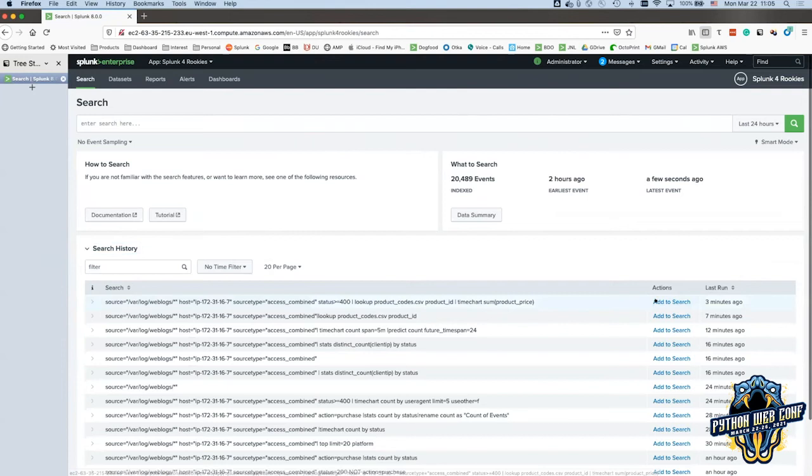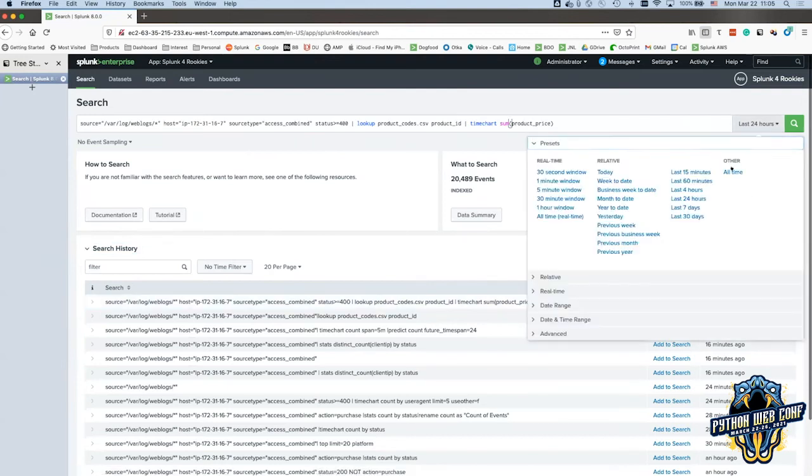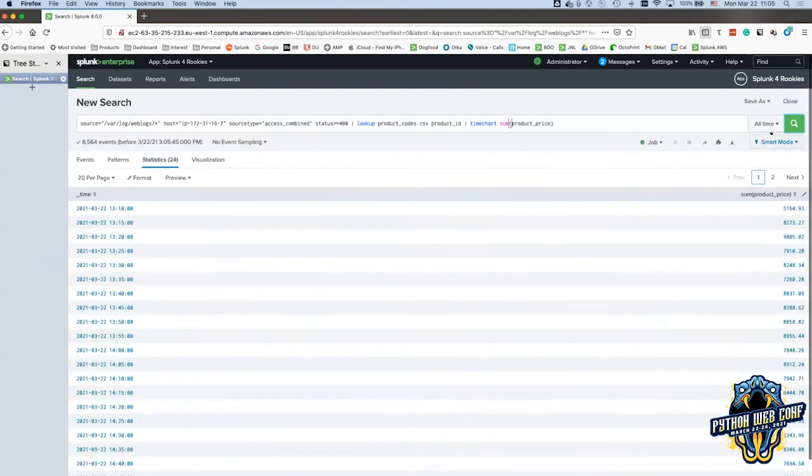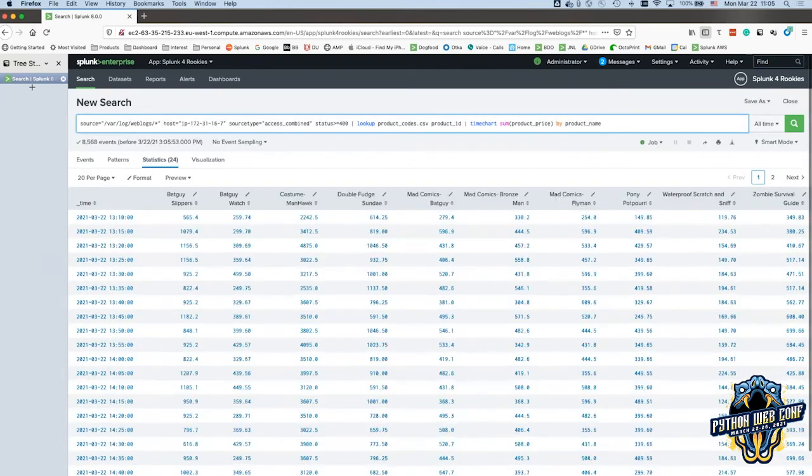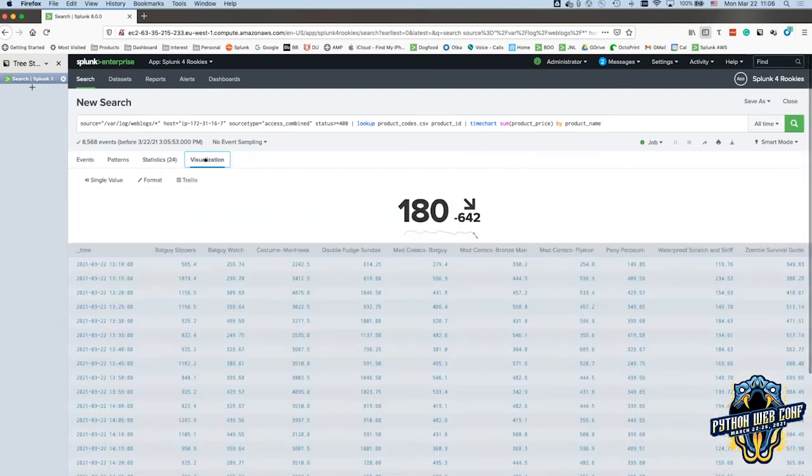Bring up the last thing that I had, all time. And I could say by product name. Now it's going to separate it out by the various names. And if we do visualization on that,